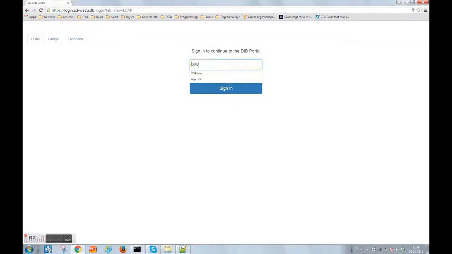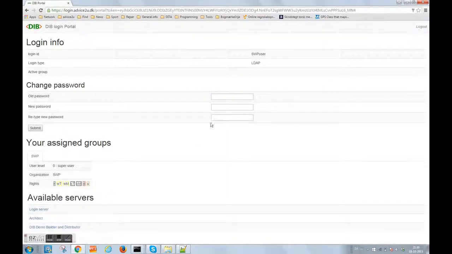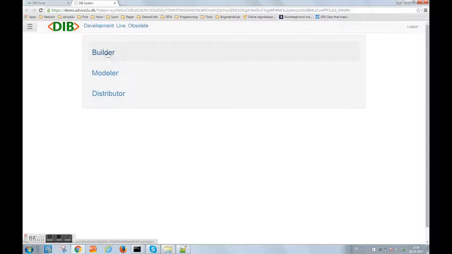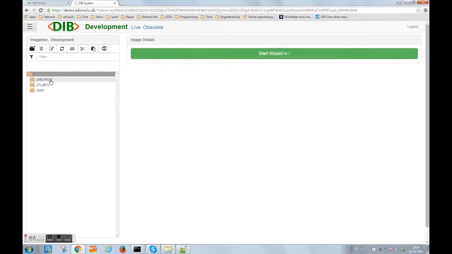So I've just put up a demo of the dynamic checklist, and we start to log into the system. Here we come into the portal, and we go straight to the builder software. We can always come back to the other bits and pieces, but for now we just want to do the quick one to go and teach you how to change the JSON files, or what we call the dynamic content